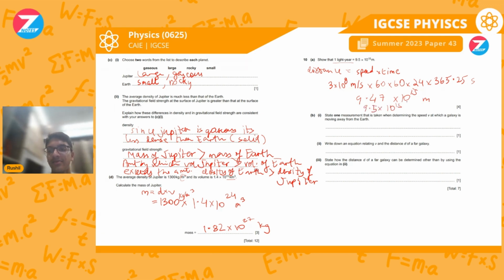Question B1 asks us to state one measurement that is taken when determining the speed v at which a galaxy is moving away from the Earth. So one measurement we take is the amount of redshift, or we can also write that as the change in wavelength, because as we know about the Doppler effect, so the Doppler effect is basically, if you've observed in nature,